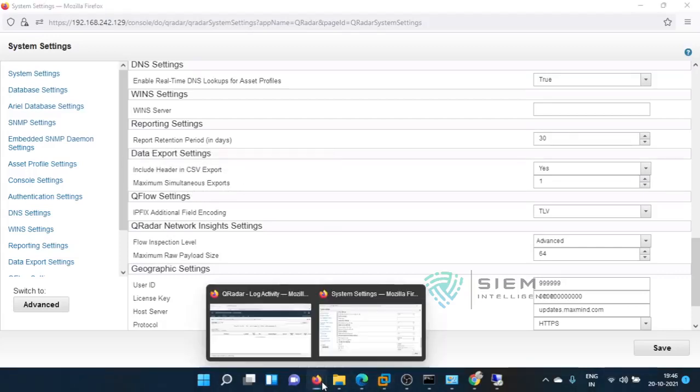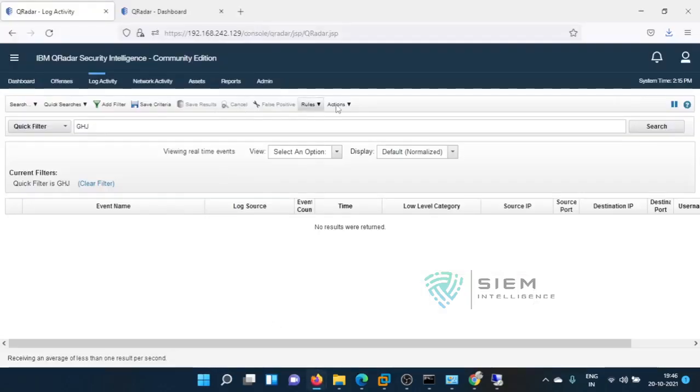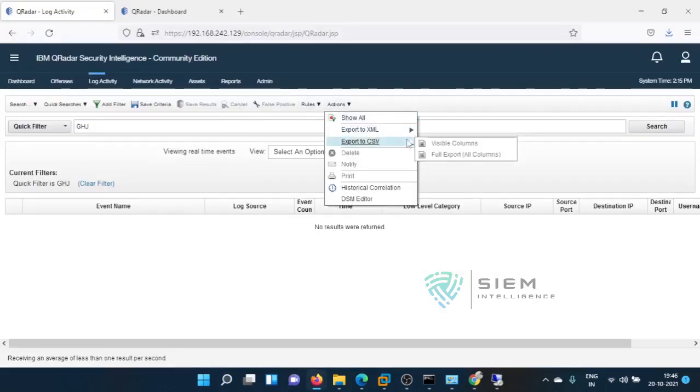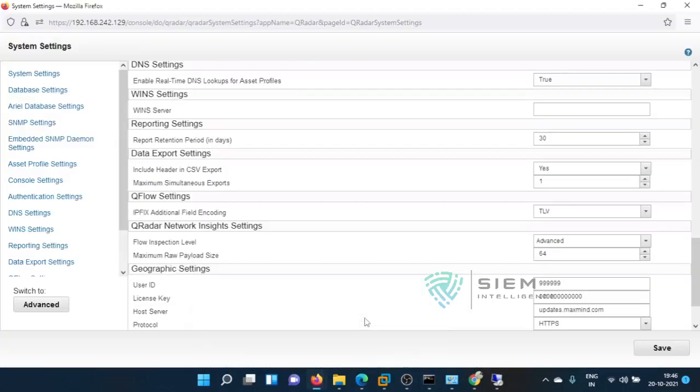So if you have done an export to XML or CSV, and again you do another search and try the same CSV export, it will not be allowed if the limit is only 1, which is the default. If you give more than that, it will allow more. If you give 2, it will allow a maximum of 2. If you press 3, it will give a maximum of 3 simultaneous exports.